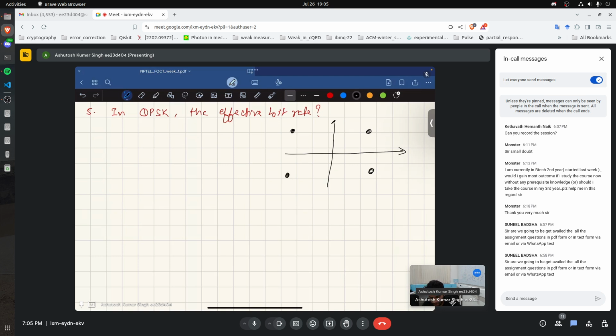This could represent 00, 01, 10, 11. All of these numbers are arbitrary. This can be a phase of pi by 4, minus pi by 4, 3 pi by 4, minus 3 pi by 4. So how many quantization levels? 4. Therefore, my log 2 of 4 is equal to